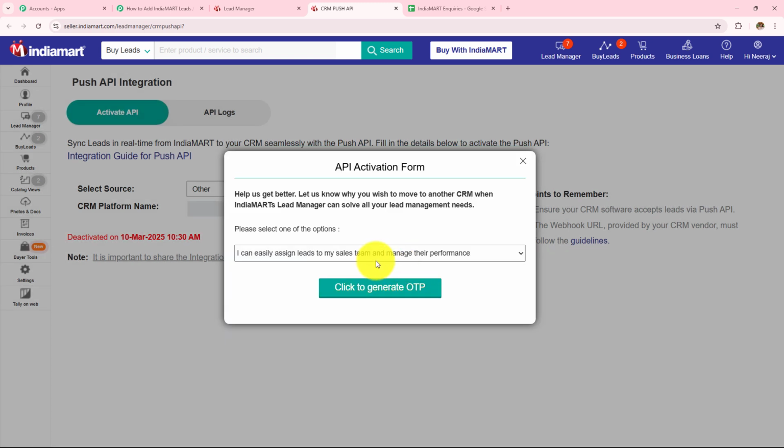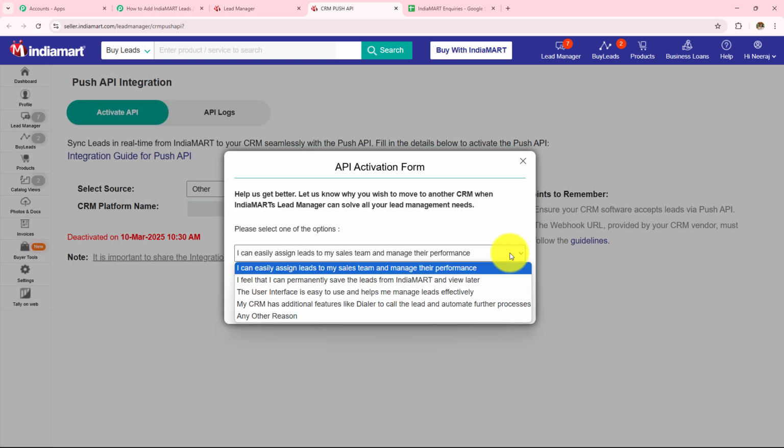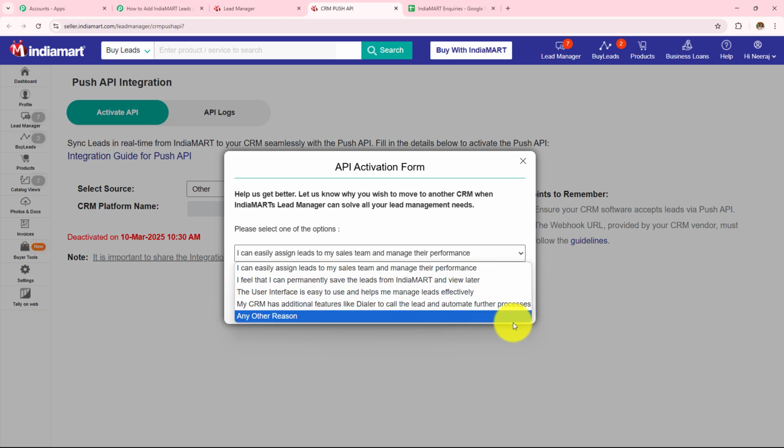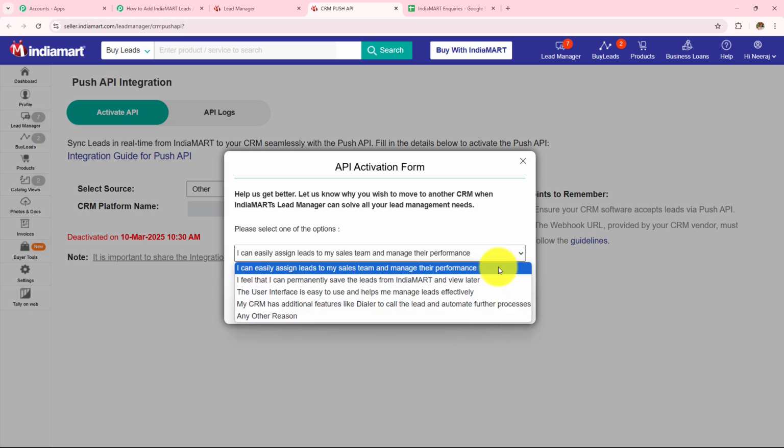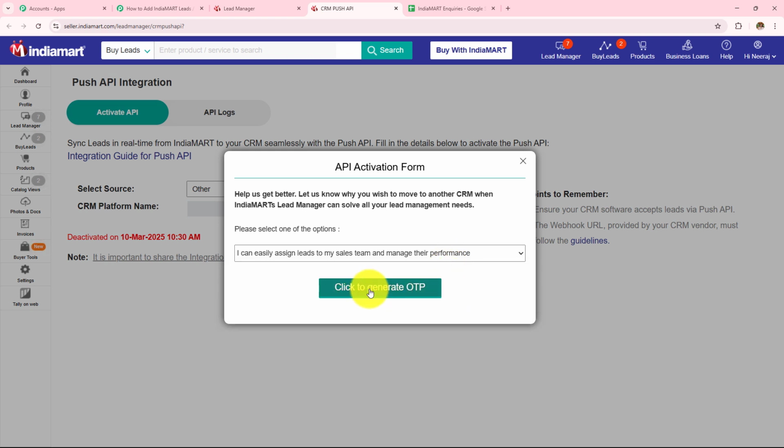Now I need to select the reason that why I want to connect my IndiaMART with Pabbly Connect. In this drop down, I can find all the reasons. Here for now, I'm simply going to select this as I can easily assign leads to my sales team and manage their performance. You can select according to your choice and preference, and then you have to click on this